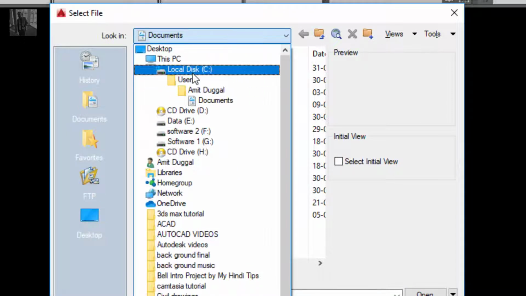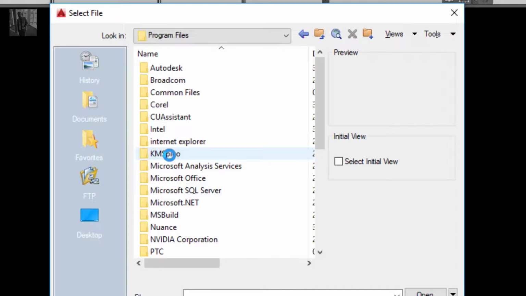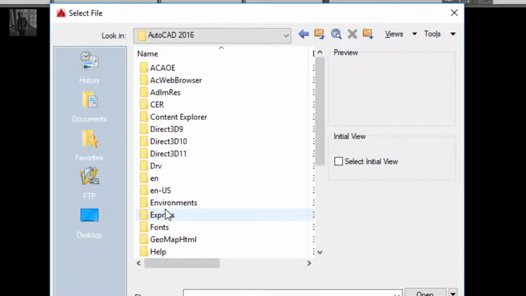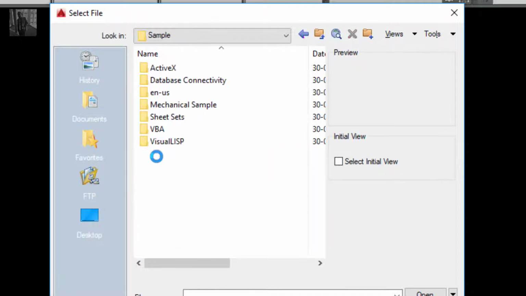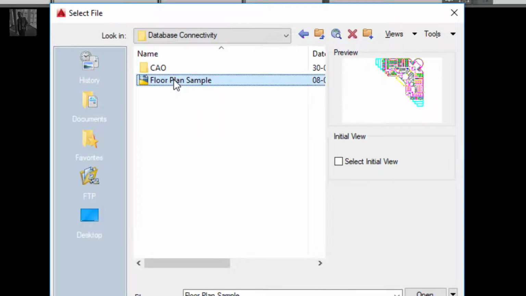As I click on the C drive, I have to go to the program files where the Autodesk programs are installed. I will click on program files. Here I will search for Autodesk. In the Autodesk folder, I will search for AutoCAD 2016. And here I will click on sample drawings. As I click on sample, I will go for the database connectivity, and here I will see the floor plan